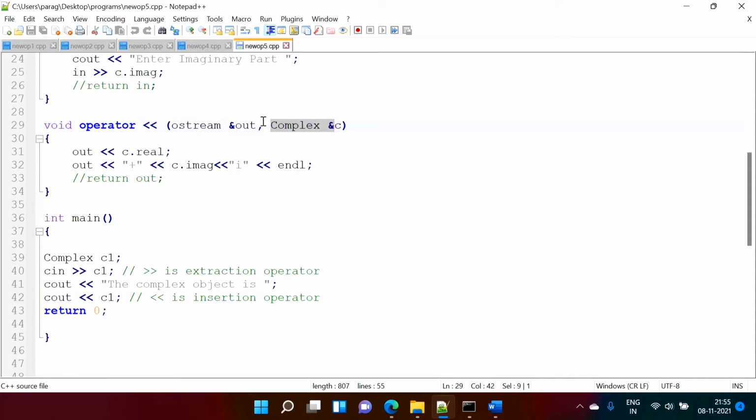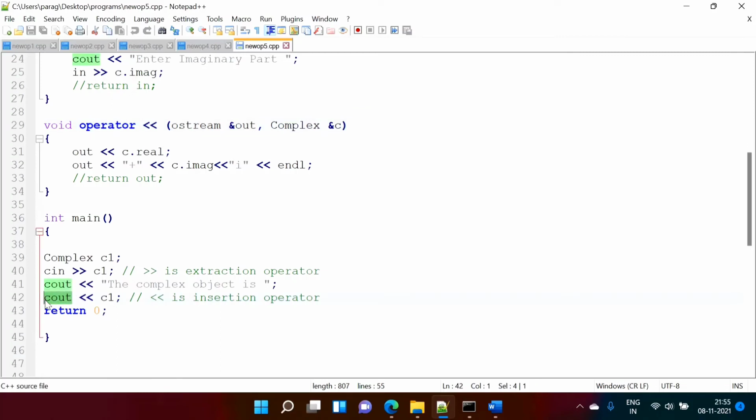Here we are creating a reference variable of cout, and this is a reference variable of C1. It is compulsory to create a reference variable of cout because this insertion operator can be used with the cout only.